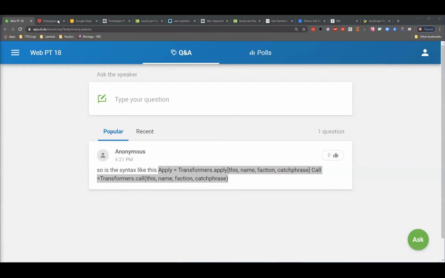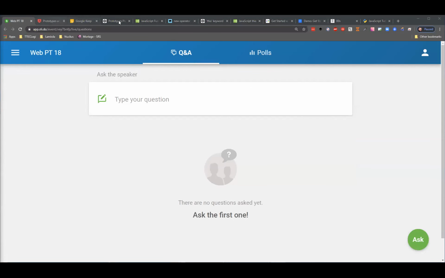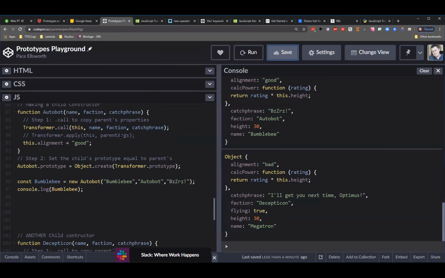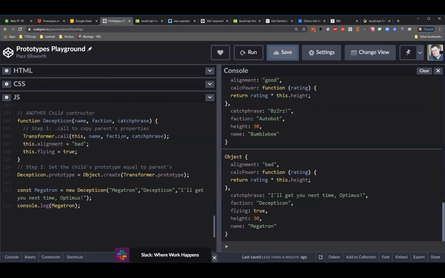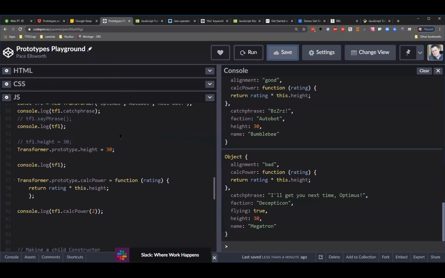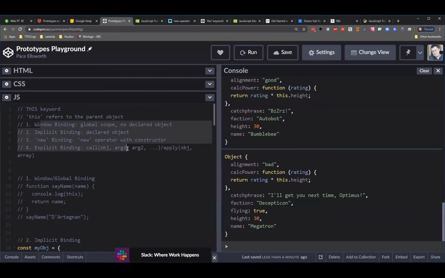Okay. All right, well, let's just do one last review of everything. This is basically going to be the one sheet that you'll need to review today. We've got the 4 types of binding to this keyword. If you don't do anything, it's going to be the window. If you do something and it's inside an object, it'll be that object. If you say new, it's going to be whatever new object gets created from a constructor. And if you say call or apply, you're saying I want to apply a previous object or a previous constructor's properties to a new one's. Okay,